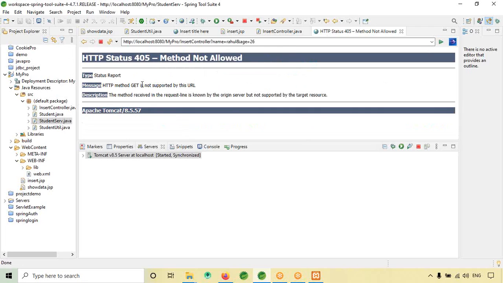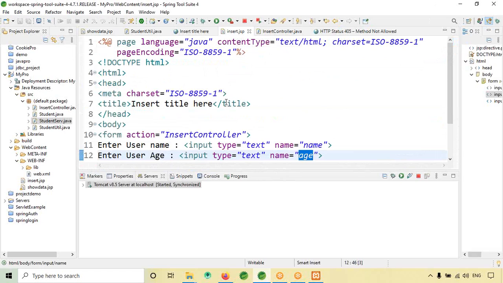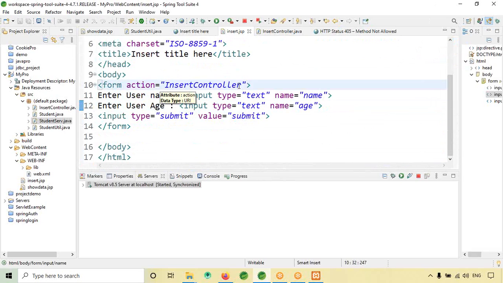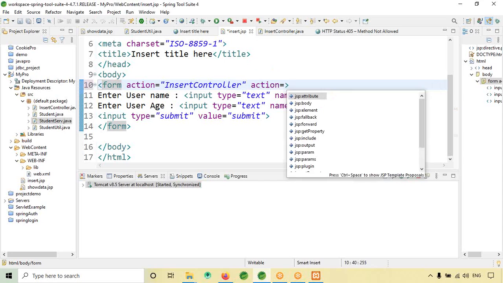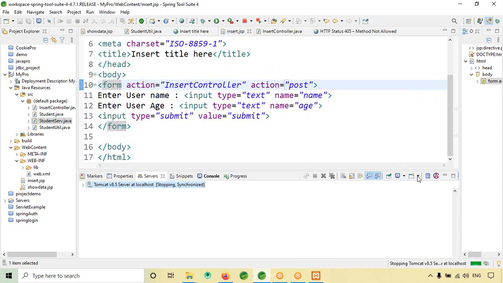It is telling me GET is not supported by URL. So I have an exception. When you don't send any HTTP method, it will consider it as GET, right? So for that, what I will do is action is equal to post, like this. Now let me stop the server